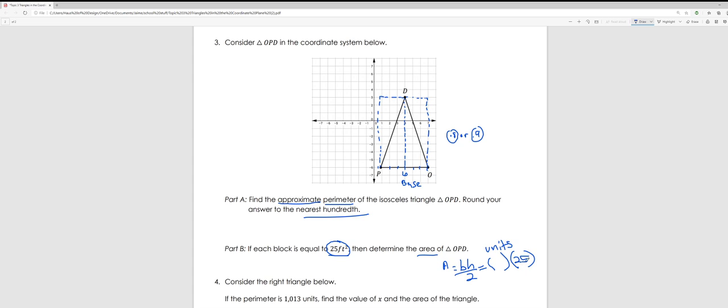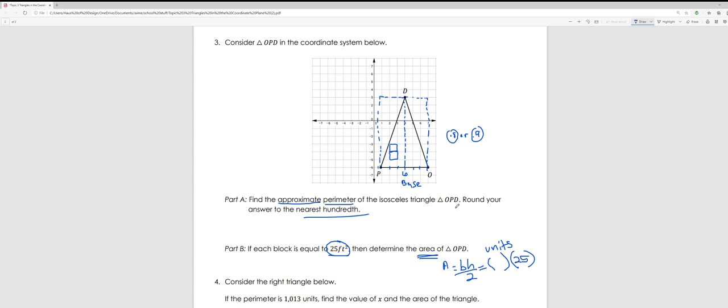Then you multiply it by 25, and that's exactly what the exact area will be for this triangle. So again, each little box inside the triangle is 25 square feet. You have to multiply by how many units you get when you multiply base times the height